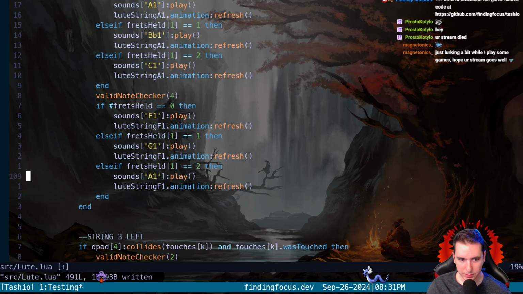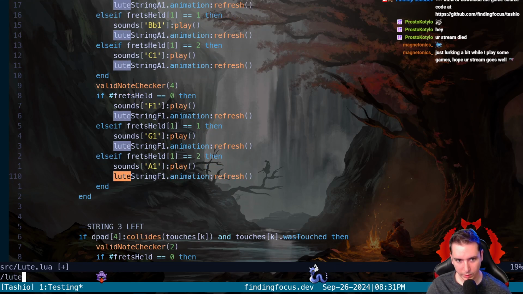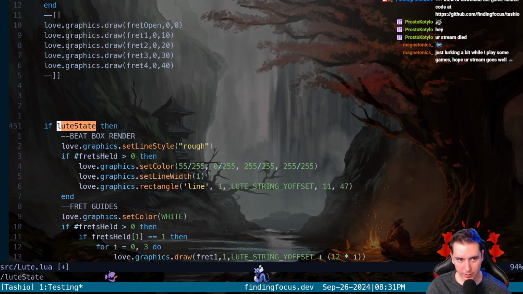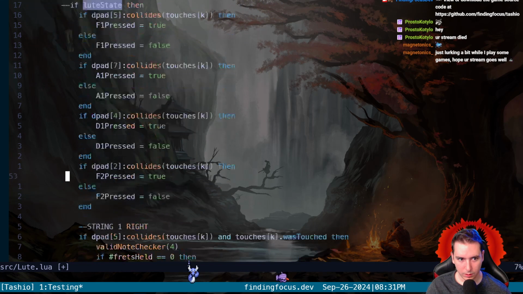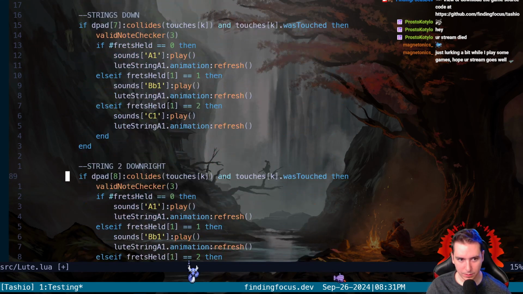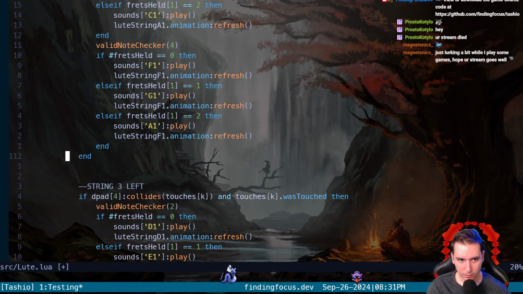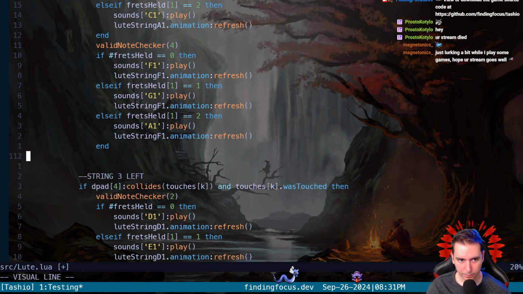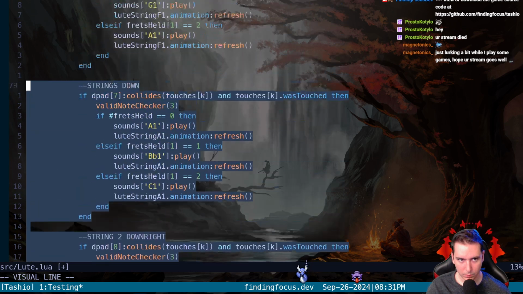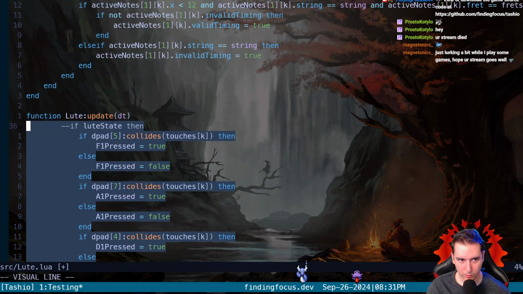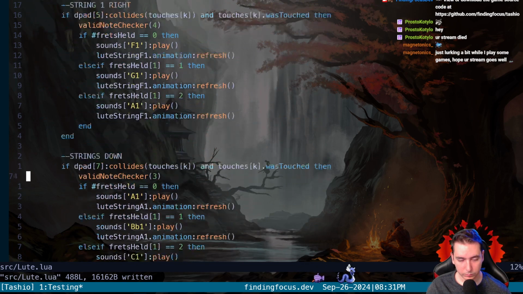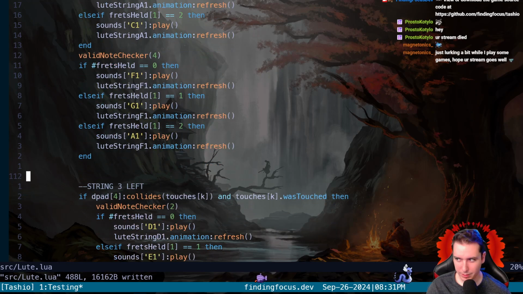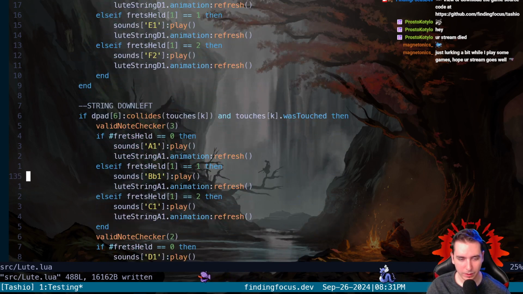We shouldn't need to do anything different. It's just that we don't want to do anything with Lute state here, because this is only being updated if it's Lute state. So we need to find the corresponding ends and just delete them here. And then maybe clean up the order of some of this stuff, just because I can't even wrap my head around what the hell is going on.